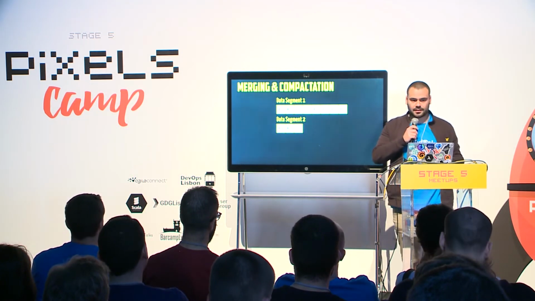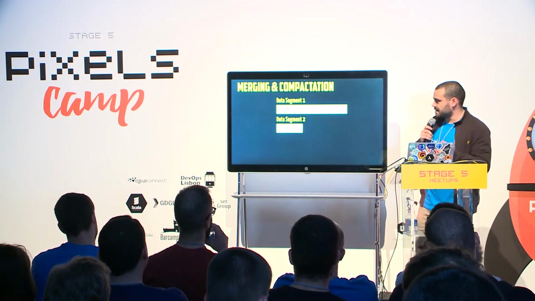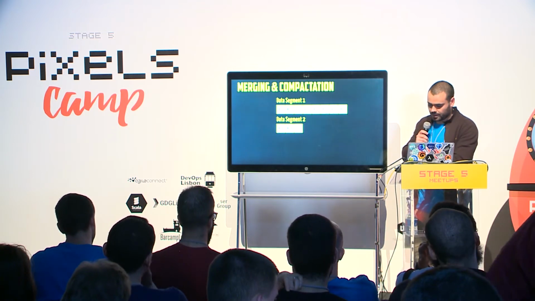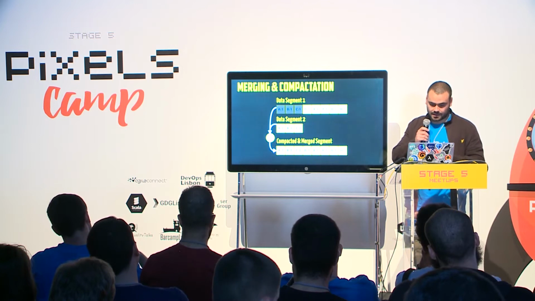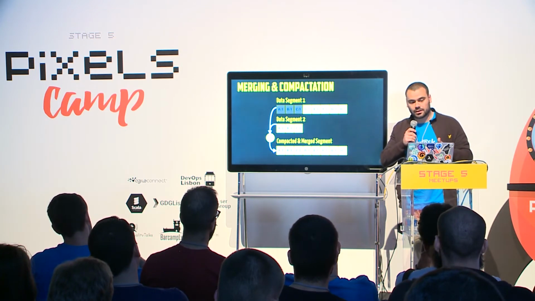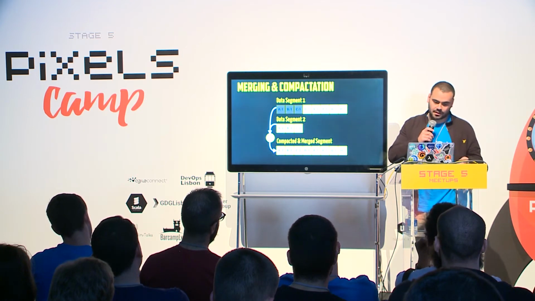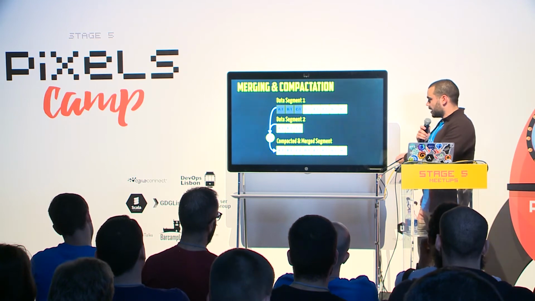The merging and compaction is the process like the one used in the merge sort algorithm. We start by reading the segment files side by side. We look at the first key in each file. We copy the lowest key to the new segment file, and we repeat the process, and we'll have compacted and